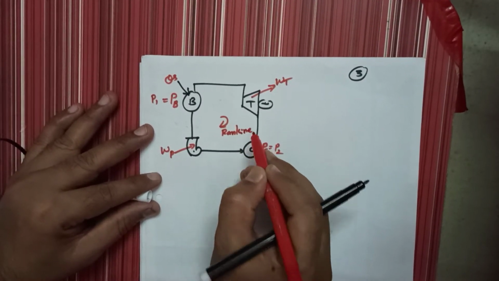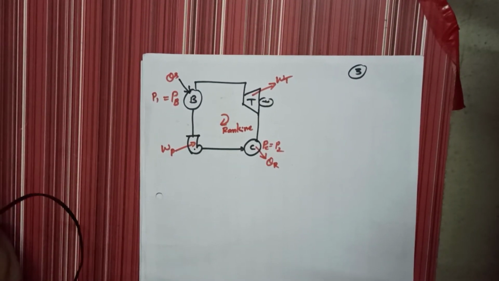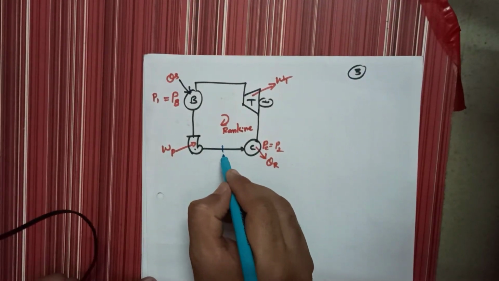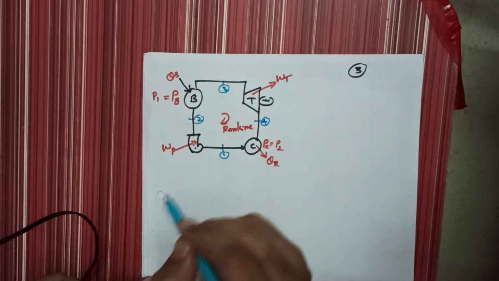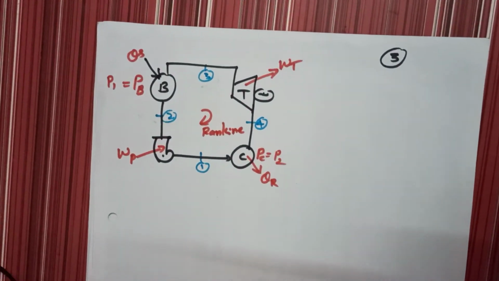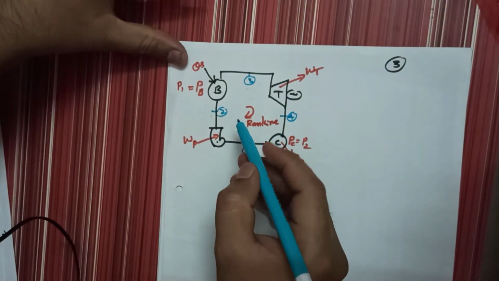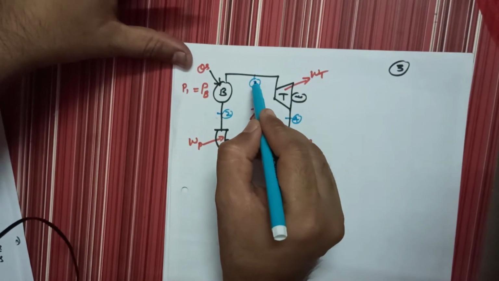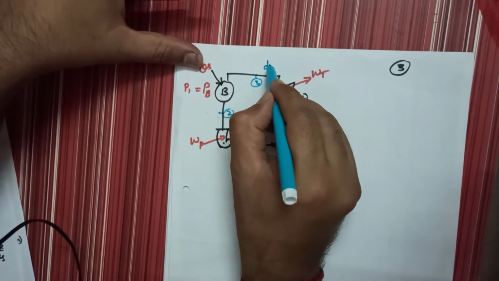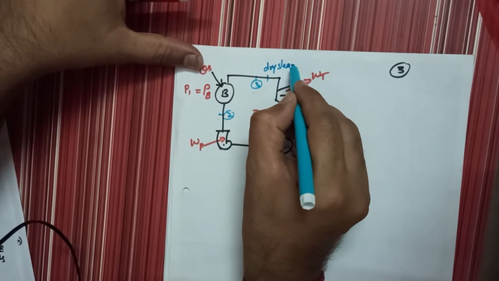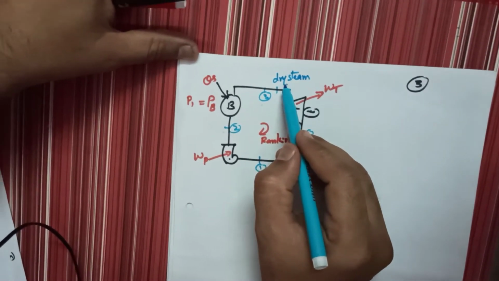This is what we discussed in lectures 2 and 3. So this is process 1 to 2. I will take this as 1, 2, 3, 4. Okay, dear students, I need your concentration here. At point number 3 the steam is passing to the turbine. If I say this is dry steam, it is not superheated steam. Okay, this is dry steam.